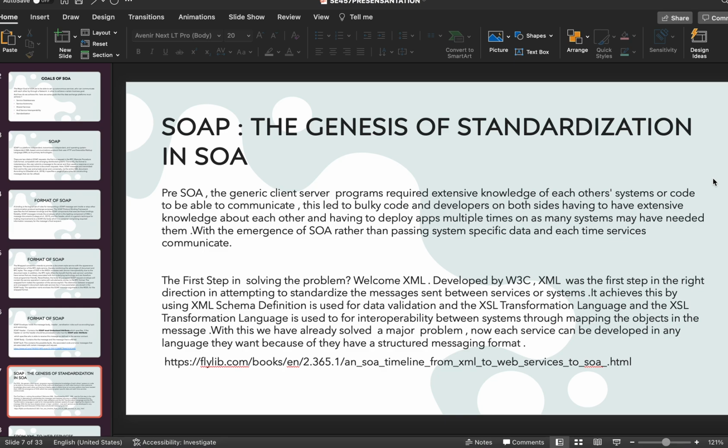When SOA came out, let me talk about XML actually. The first step to solving this problem was XML. It was developed by W3C, and XML was the first step in the right direction of creating standardized messages that would be sent between systems. It achieved this by using the XML schema definition, which is used for data validation. And it also has XSL,